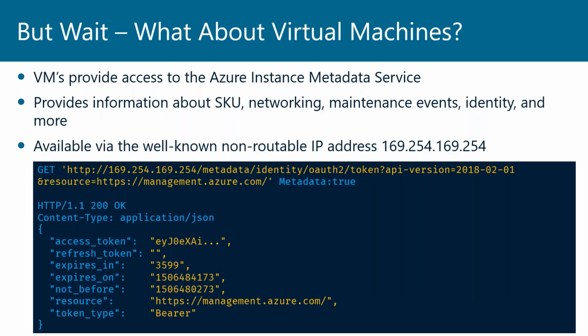Virtual machines, and hopefully when I talk about virtual machines, it'll also help understand where things are in terms of how these values are specific to a given app. So virtual machines running in Azure have access to what's called an Azure Instance Metadata Service. When a VM is running in Azure, it can make a request to a specific IP address, 169.254.169.254. It makes a request to a few different endpoints under that particular IP address, and Azure will respond